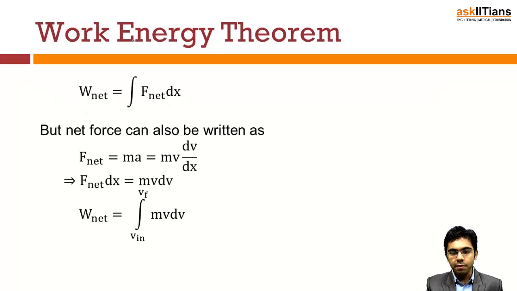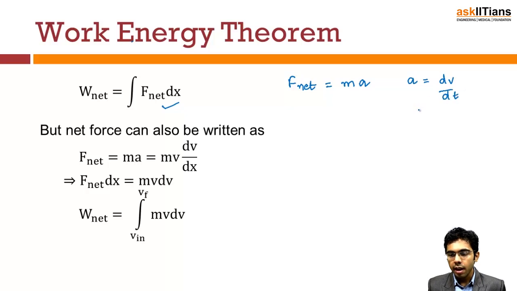As we know, for the general case, let's consider that force is a variable force. So net work done will be equal to the integration of F net dx. But the net force can also be written as mass times acceleration, F net equals m a, and we know that acceleration can be written as dv by dt,